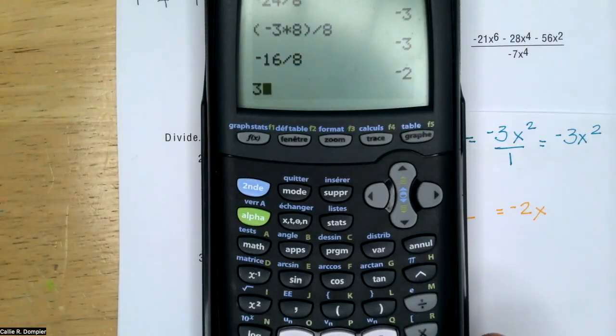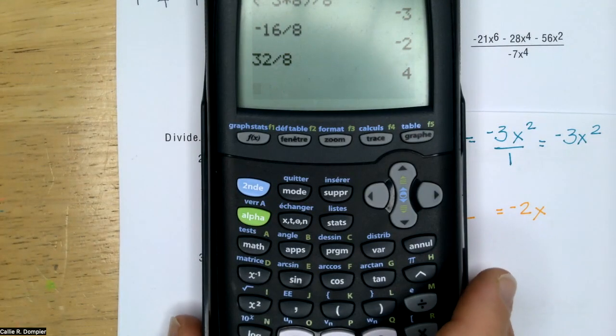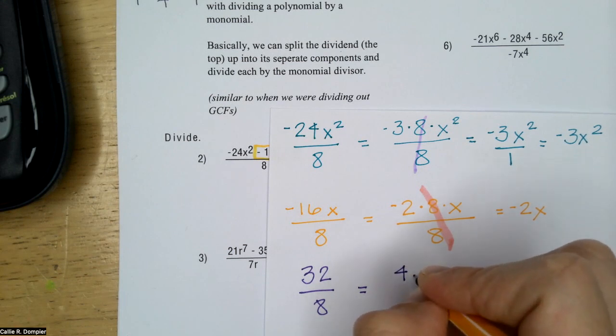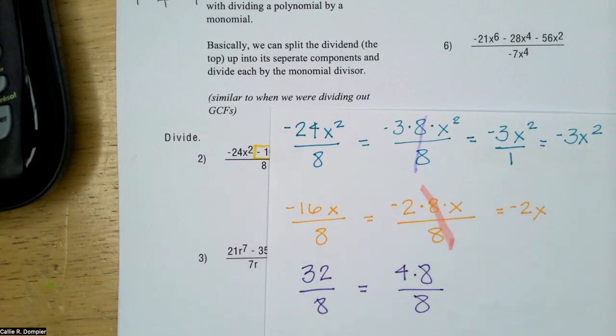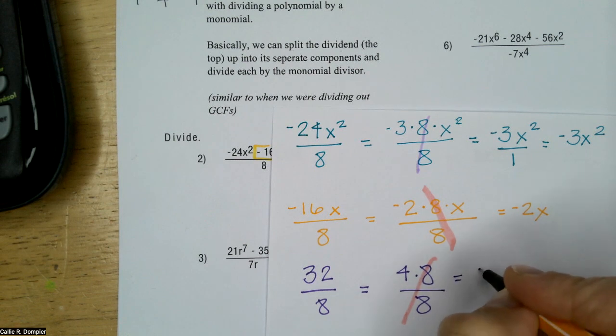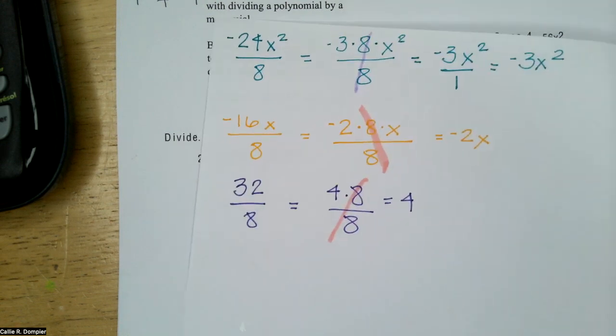Can I put that in the calculator? 32 divided by 8 is 4, because 32 is 4 times 8 over 8. You can call it something else too. I could also say it is